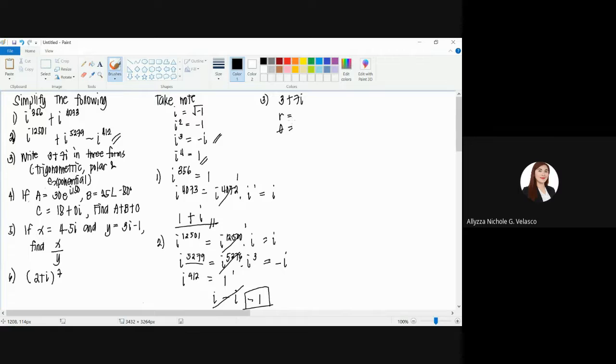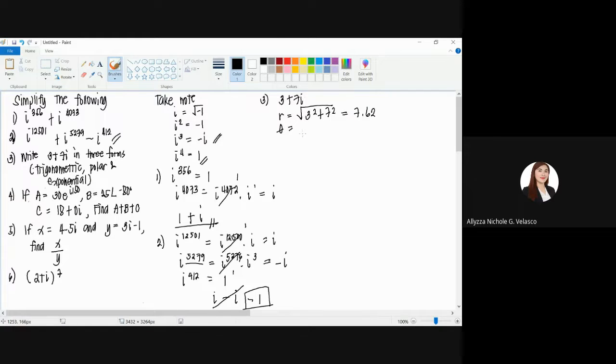And again, ano yung formula natin pagkuha ng r? So that is using the Pythagorean theorem. So we have a squared natin, so 3 squared, plus the b squared na 7, so 7 squared. So ang ating value ay, so calculate,